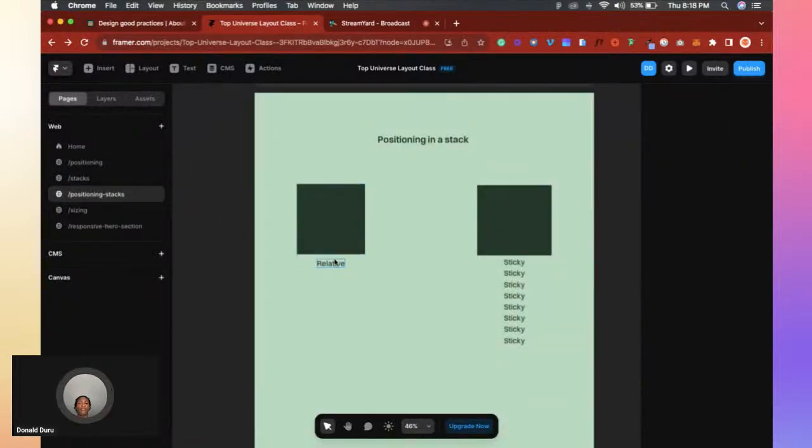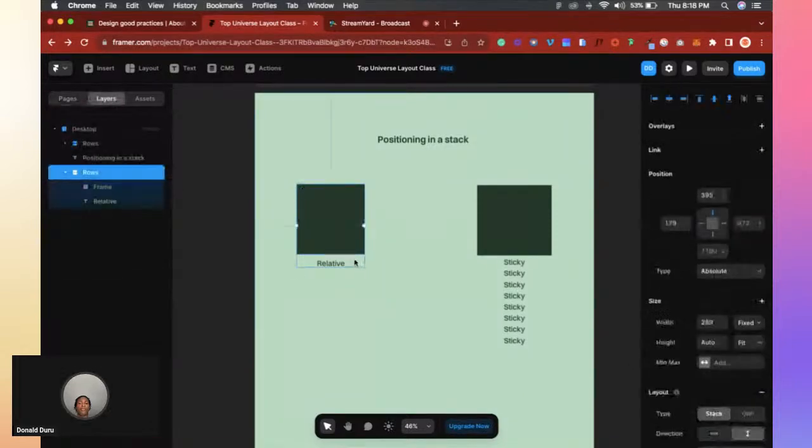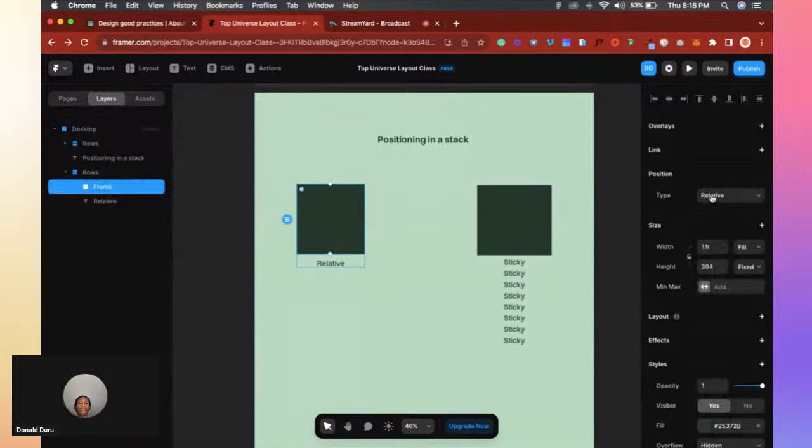Earlier I mentioned the four types of positioning: fixed, absolute, relative, and sticky. And I mentioned that in a frame, only two types of position work, that's the fixed and the absolute. While in a stack, you are now opened up to relative position. So what relative positioning just means